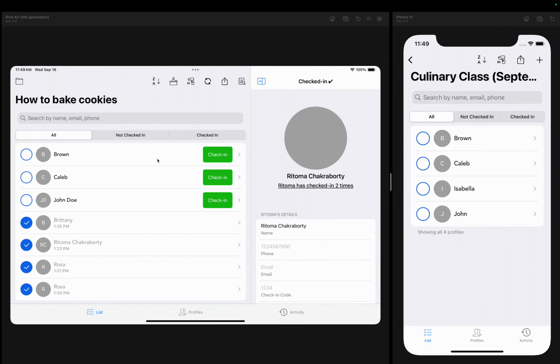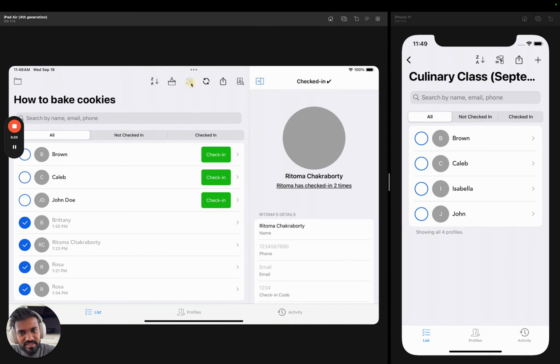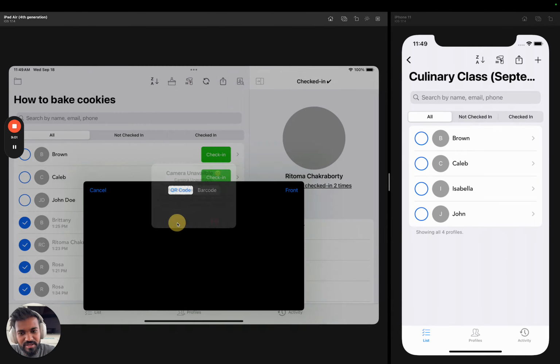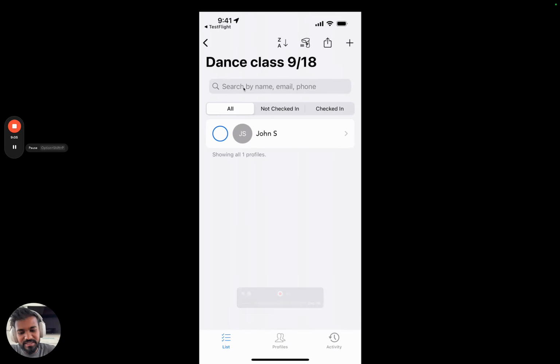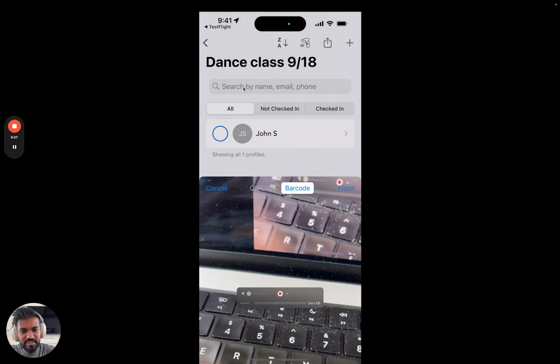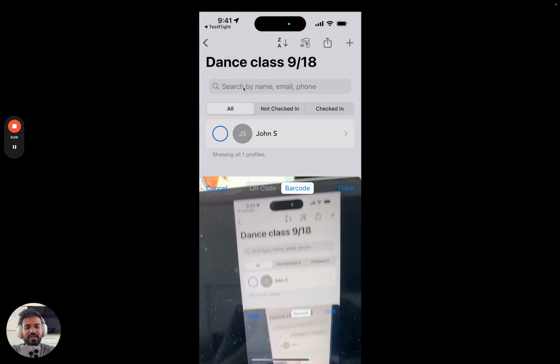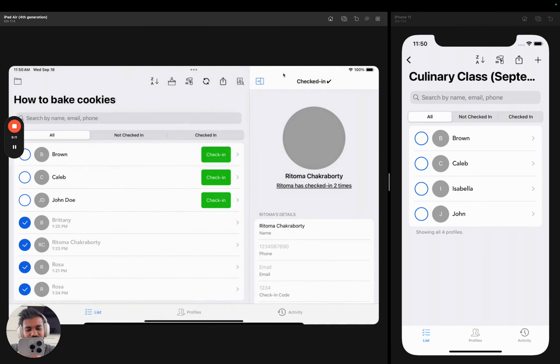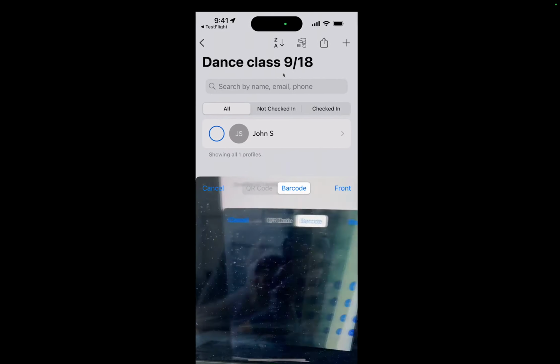So as an example, if I go over here to the iPad app, as you can see, this is going to be the little QR code scanner button. I'm on the simulator right here, so that's why the pass scanner is not working. But basically, we hit that button right there, and we're gonna see the camera. And what we're gonna do is point the camera to this pass right there. As soon as we do that, we're gonna see